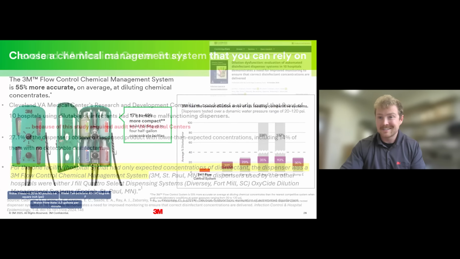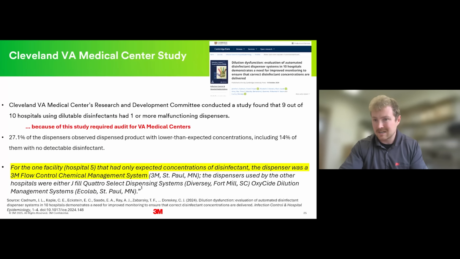So with that in mind, 3M's really proud of accuracy, and we talk about it all the time, and it's usually the leading focal point when we talk about cleaning chemicals, because again, it doesn't matter unless it's diluted appropriately. But it's not just 3M talking about this. This was a study by the Cleveland VA Medical Center where they did an analysis of 10 healthcare facilities within their network, and they were looking specifically at automated chemical management systems. So much like flow control here, on how are they performing. They were seeing inconsistent performance. They were seeing suspect readings or calibration metrics,